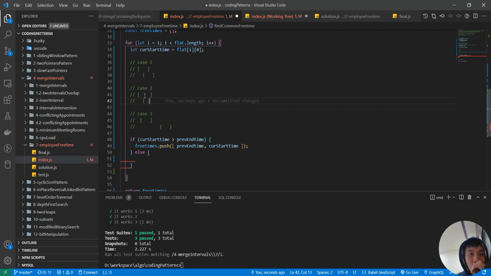It is when they overlap, right? So when the current interval overlaps with the previous interval, it means we don't have free time between these two intervals. So what do we need to do here? We don't have free time, so